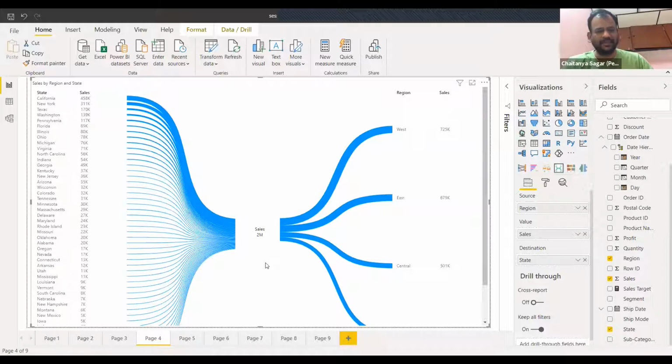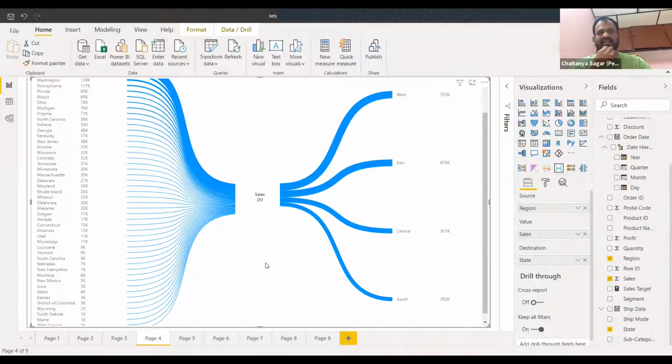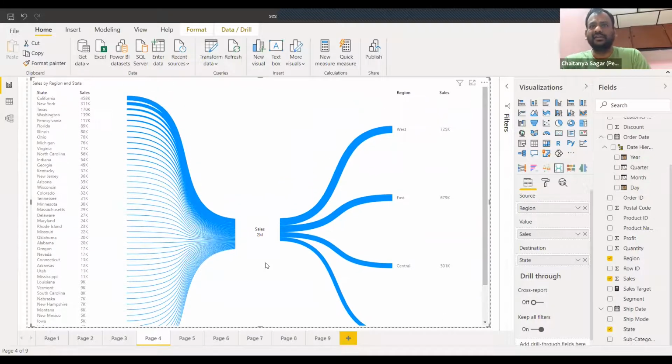Right, an example of this is, let's say, the web traffic. Let's say there is a certain page that you're trying to analyze, and you're trying to figure out from where the traffic is coming in, and from here where it is going. Okay, I'll give you a quick example of this. Let's say there is a product page. Okay, this is similar to a Sankey visualization.